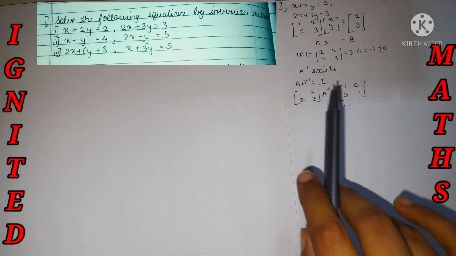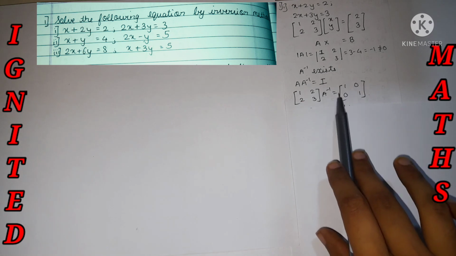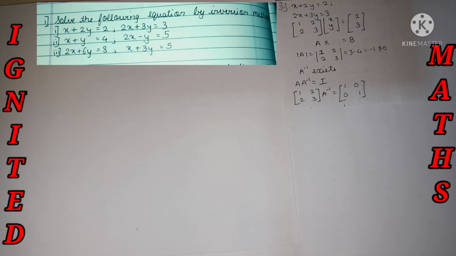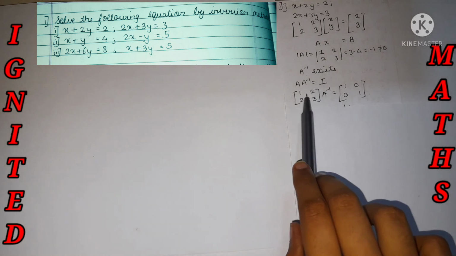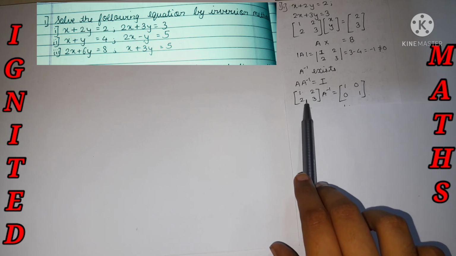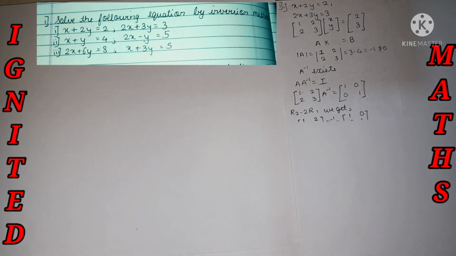Now, again the same step: we need to bring this side into the form 1 0 0 1, and we'll be getting the other elements over here. The same procedure as I mentioned; eighty percent of the work is absolutely the same, twenty percent is different after doing the calculation. Let's get started. Over here it's 1, so no need to do any calculation. I need to bring this element to 0, so 2 minus 2 is 0: R2 minus 2 R1. If you do it, we will be getting the answer.